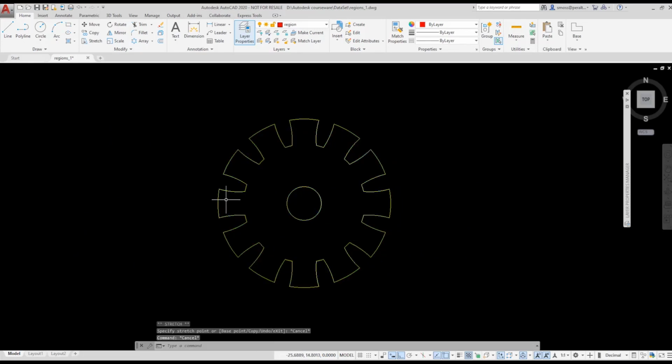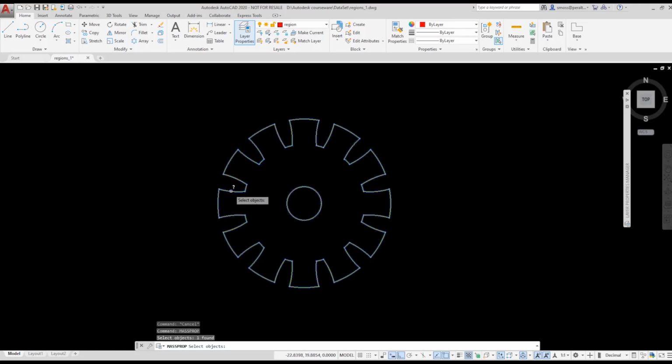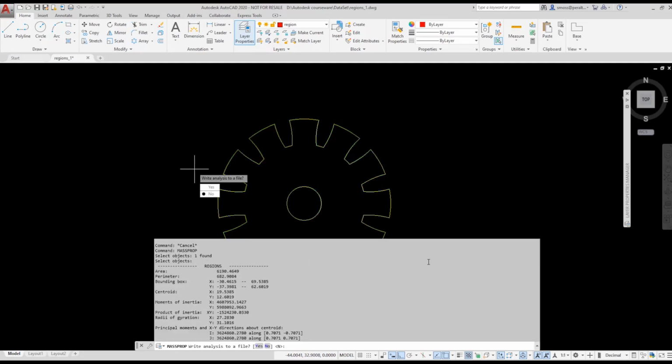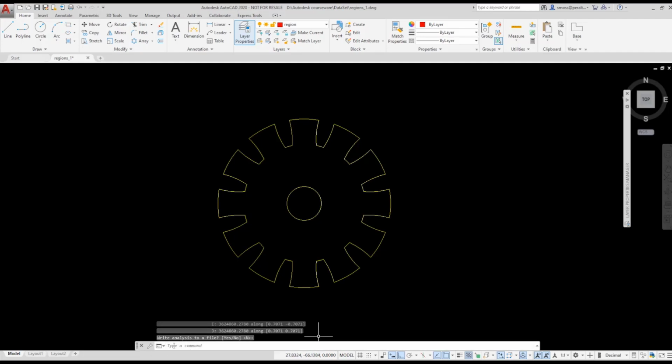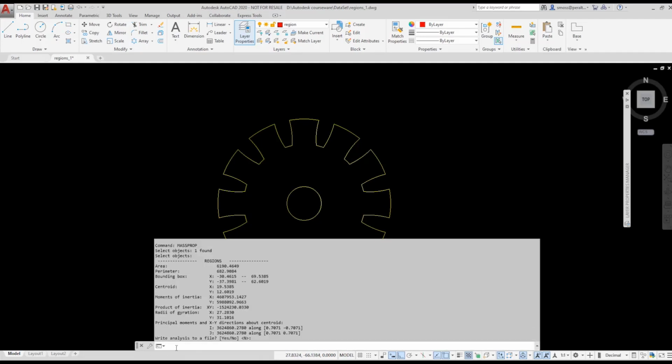If I want to find out the properties of my spur gear, I type mass prop and select the region. Mass prop gives me the option to save the data to a file. I press Enter to select no. I don't need to save that information. Remember, you can always press F2 to expand the command prompt window to review any of that information. The mass prop command provides you with the area, centroid, moments of inertia,